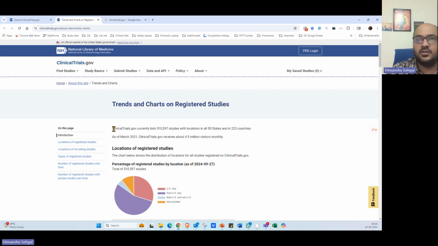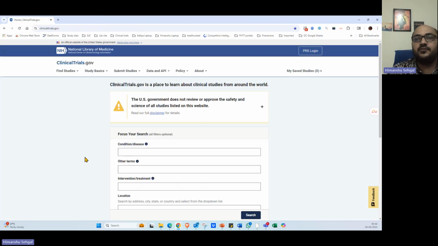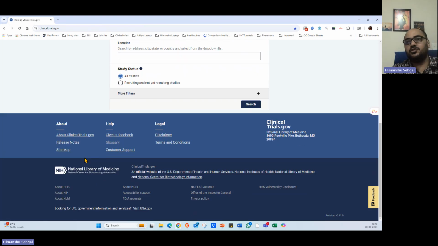you can see the analytics here, a lot of good details, like ClinicalTrials.gov lists this many studies with locations in 50 states and 2,223 countries. As of March 2021, they have received 4.5 million visitors on a monthly basis. So, impressive website, impressive data. Now, when we have covered all these, we have come to something which is